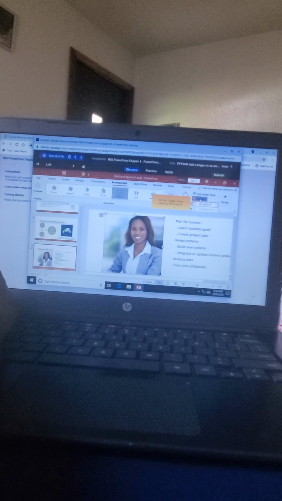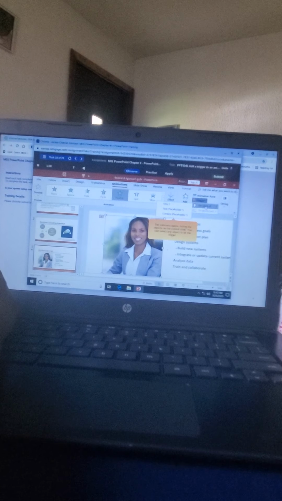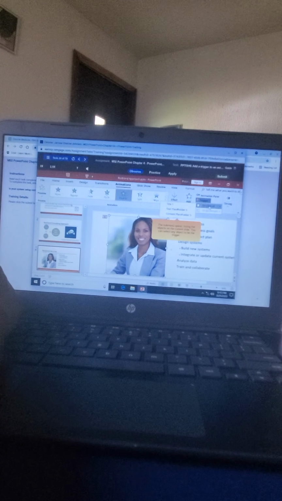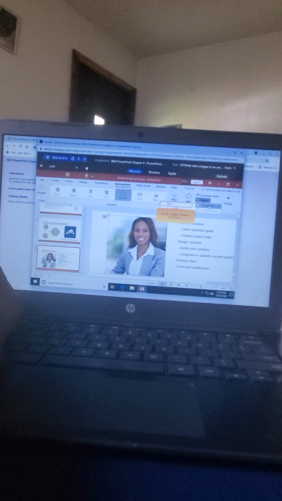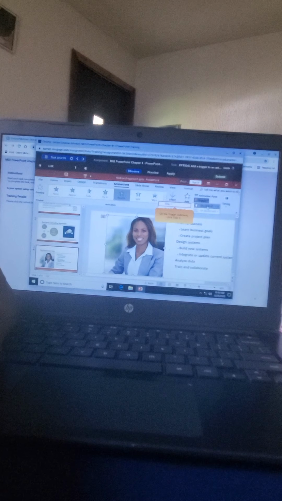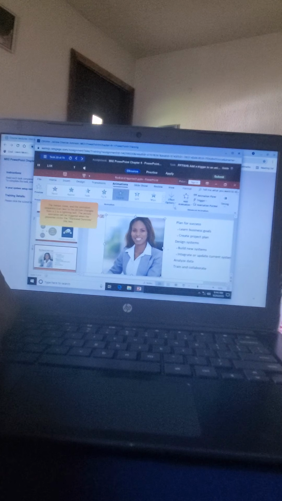On the Trigger menu, point to On-Click of. The submenu opens, listing the objects on the current slide. You can select any object to be the trigger. On the Trigger submenu, click Title 1. The menus close, and the animation sequence icon next to the picture changes from a